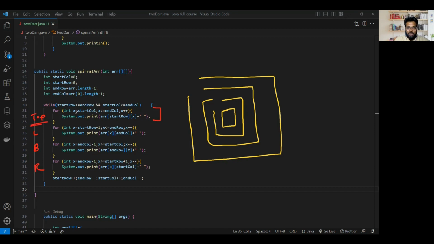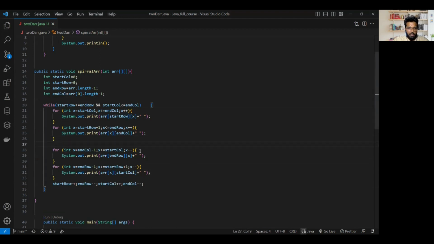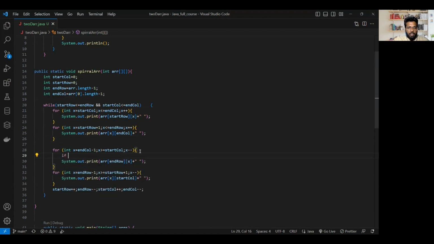Now, what will this do is that whenever it is top, it will display this top part once. After that, there is nothing to be displayed at left. So when it will again come here, it is also going to display this part 2 times. So to avoid this, here I am going to give a condition. First of all, this is for top, then left. Now the below parts are what will be repeating. So here I'll be giving it like if